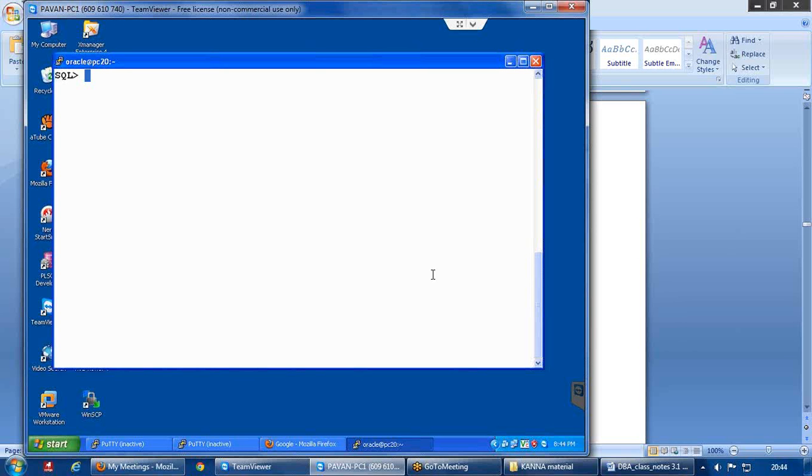Let us go and see the commands on how to create a temporary tablespace. For that also the command will be similar.